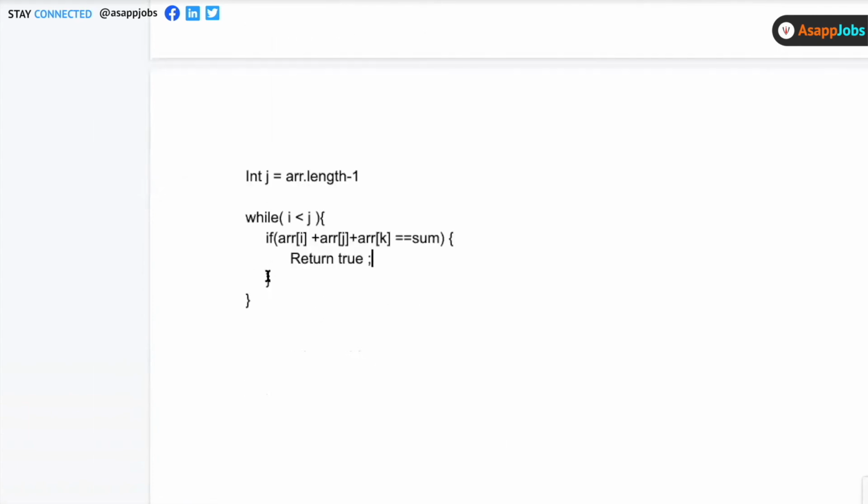Otherwise this value can be either greater than sum or less. If it is greater than sum, then I need to reduce this value of the sum so that it becomes equal to sum. So in that case I do k minus minus, else j plus plus.